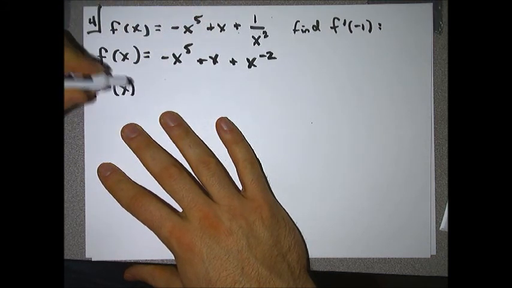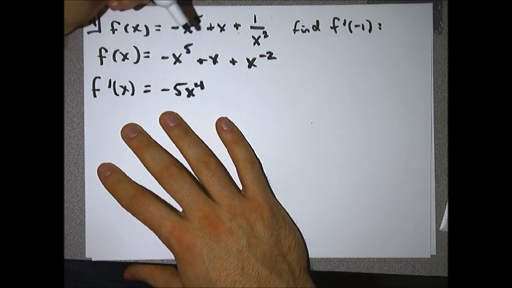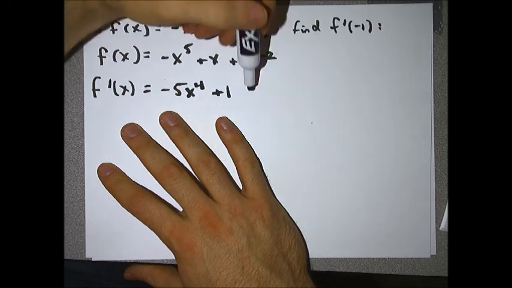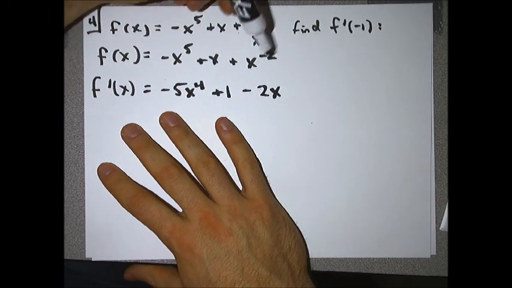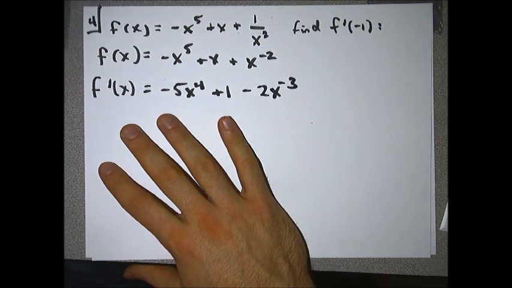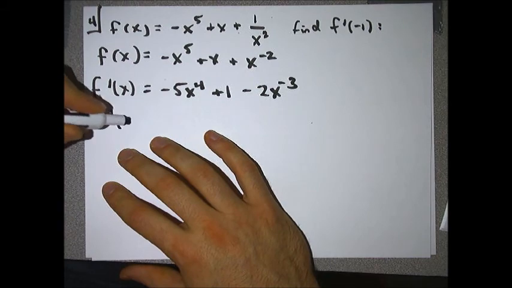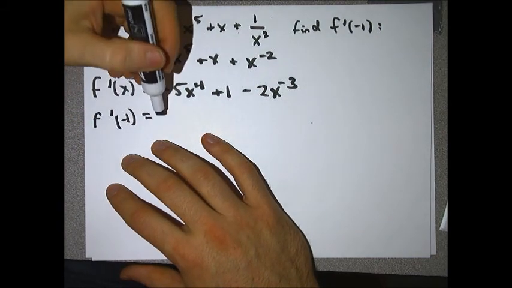So f prime of x is equal to -5x to the 4th plus 1 minus 2x. I'm taking the derivative, so I want to decrease this. So this is to the -3rd. Now I want to plug in -1. So f prime of -1 is equal to